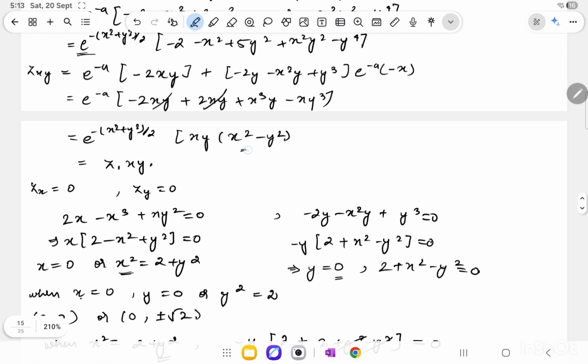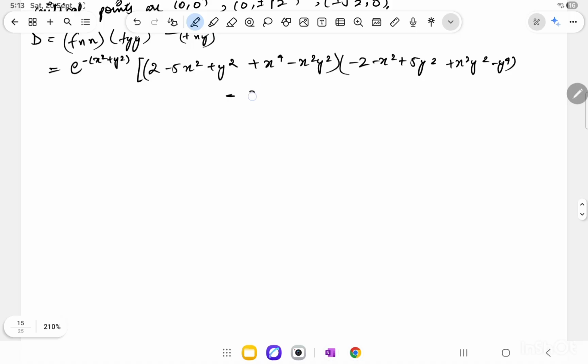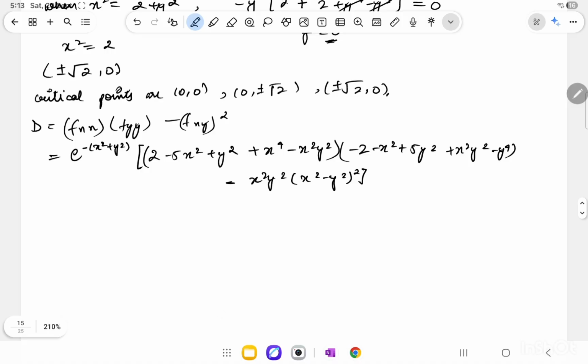square of this term. That will be, we can pull out this thing and we'll get x square y square into (x square minus y square) whole square. Now we are supposed to check its sign at these 5 points. So at 0, 0 it will be